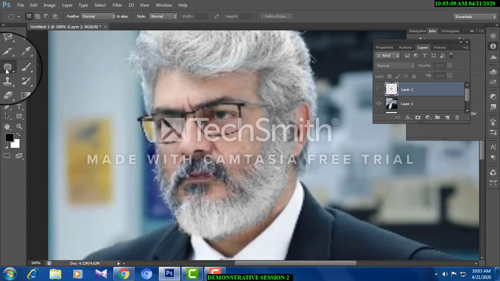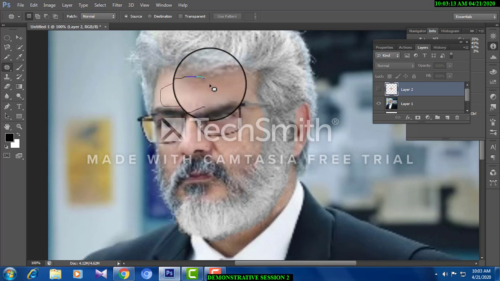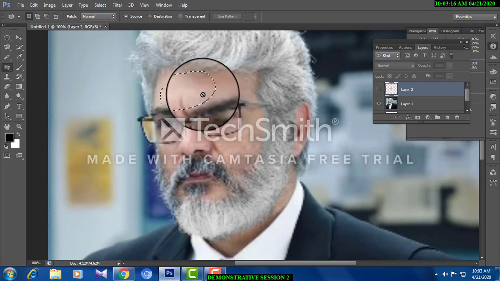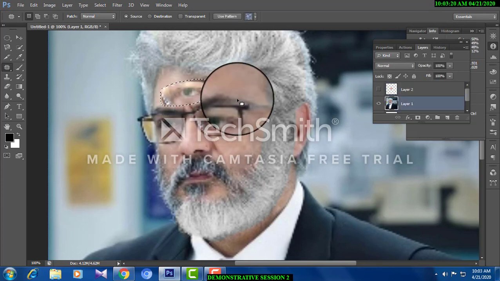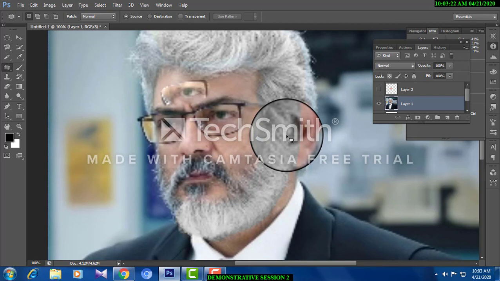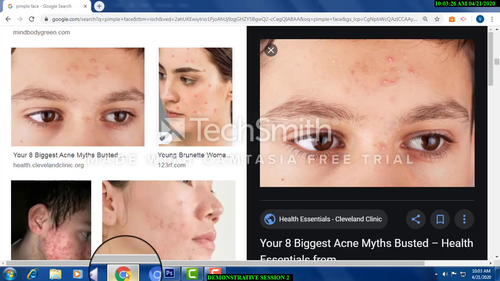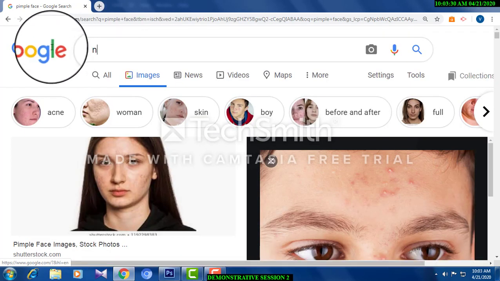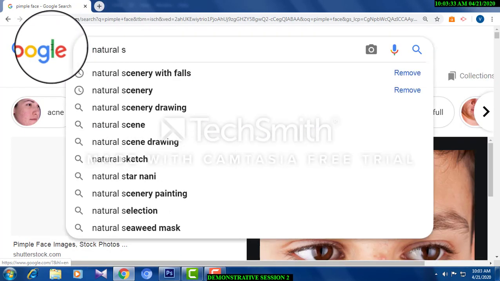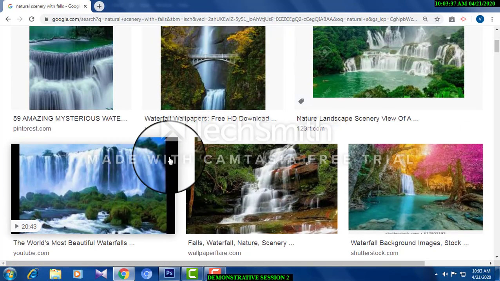Once again, I'm making it. Just choose an area where you want to bring your, see, look at here. Sorry. See, this is a simple model, but it will be useful for sceneries, natural sceneries, for example. Just taking up a model, that's all.